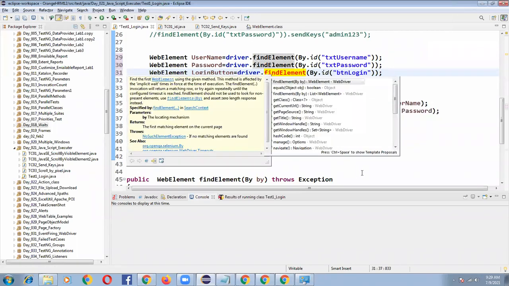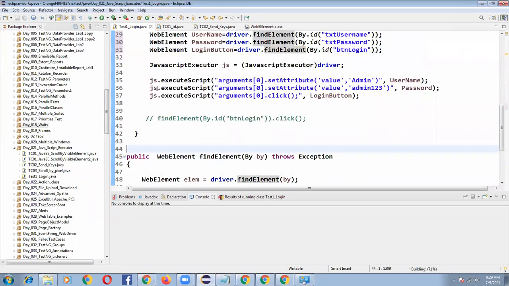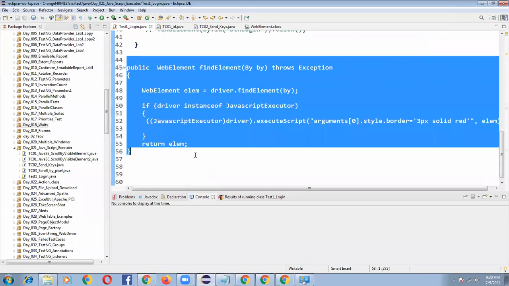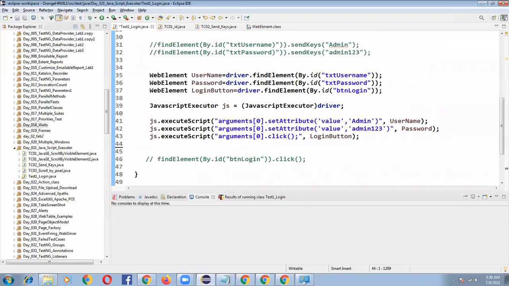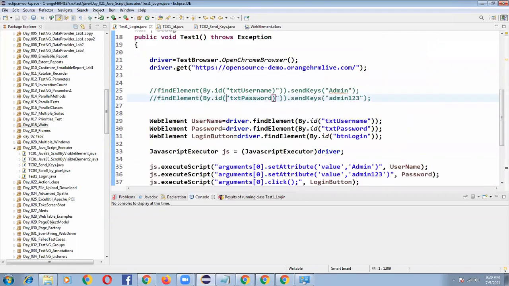So this time my web element borders cannot be highlighted. Okay, I'm removing this method also. If I run my program, my web element borders cannot be highlighted. Let me run and show you.